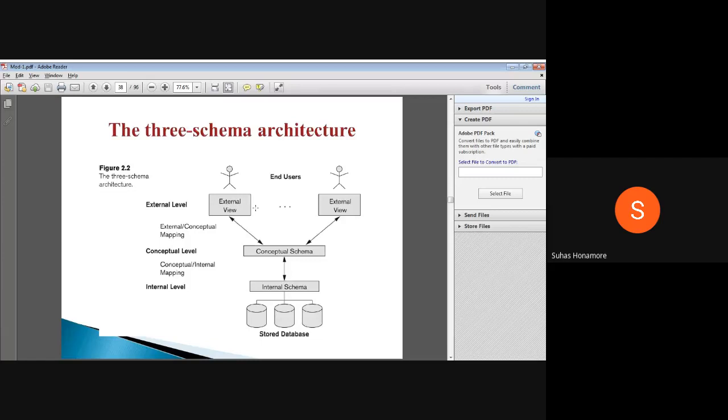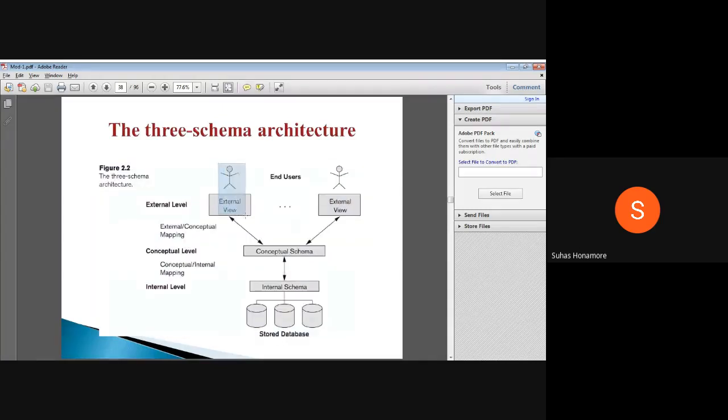For example, we are booking a railway ticket. Consider this person booking the railway ticket; for him the database view will be a different one. And the second one is the casual user. There is a clerk continuously booking train tickets for us. So two users are there, with different views. For him a different view will be there, because he will not enter all the details that we are entering here.